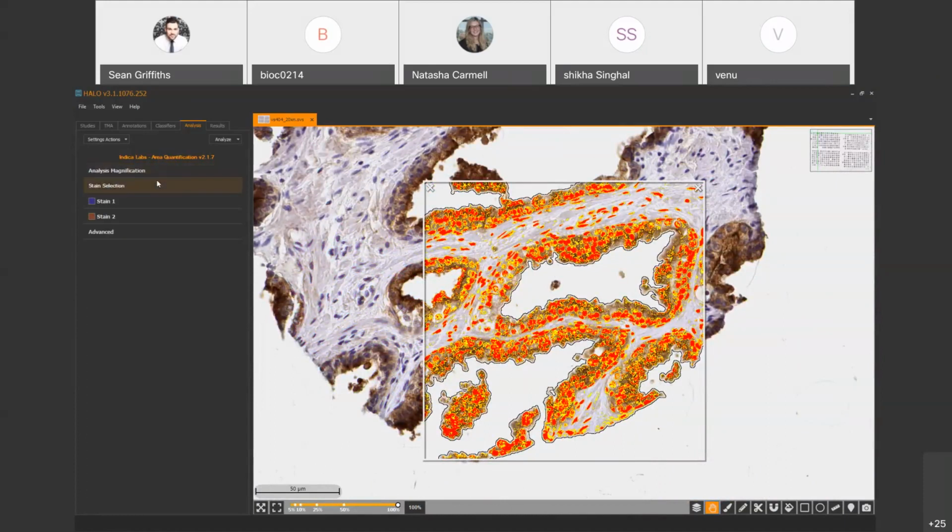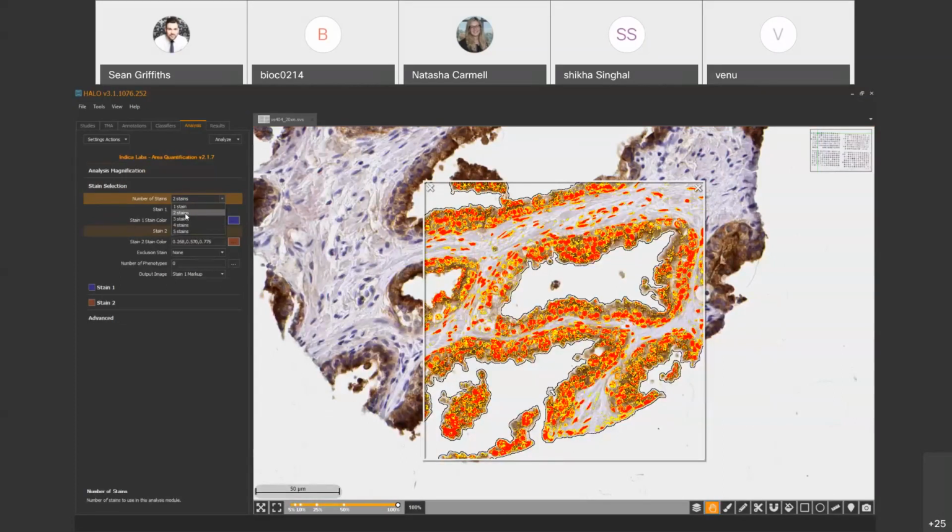So as with all the modules, you start with the pre-canned settings. You've got a blue for hematoxylin and a brown for DAB here, but you may want to repick the stains from the image. And in some of the modules that we'll look at later today, we'll be doing some repicking with a lot of channels. But this is a nice place to start because we're just going to pick a couple of stains. So we have the option to go up to 5. We've only got 2 here, the hematoxylin and the DAB. So let's choose 2, and stain 1 we can name as